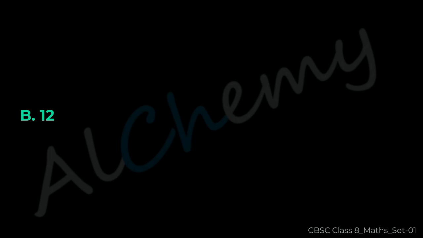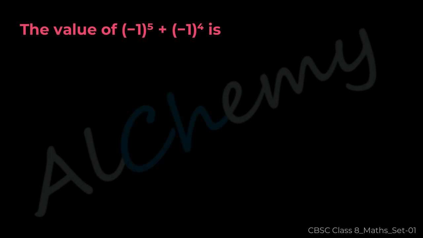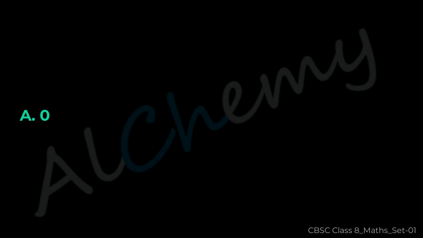12. Question 18. The value of 1 plus 1 is A 0, B minus 2, C 1, D minus 1. The correct answer is A